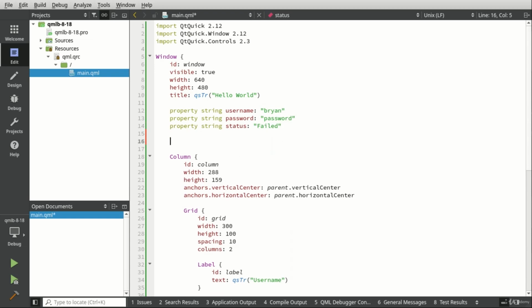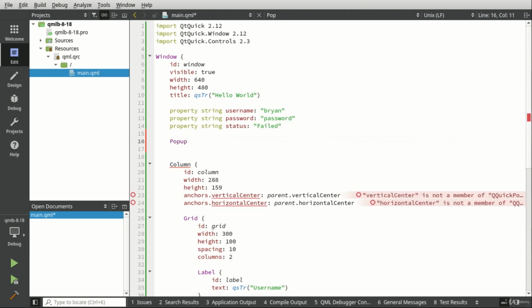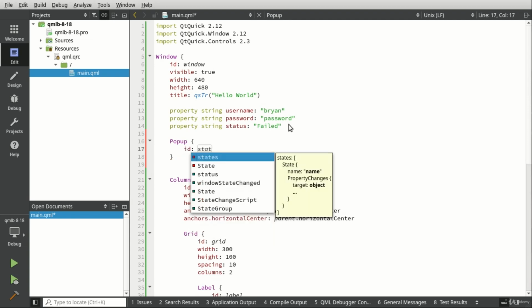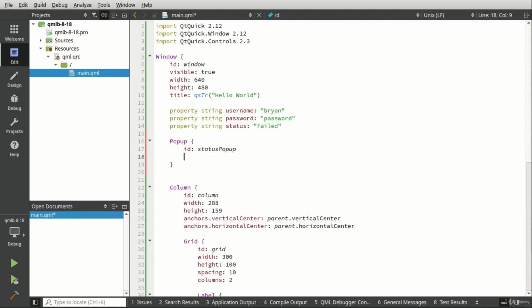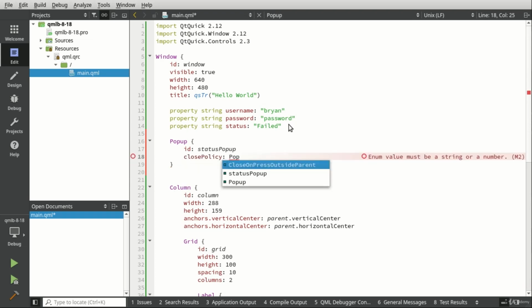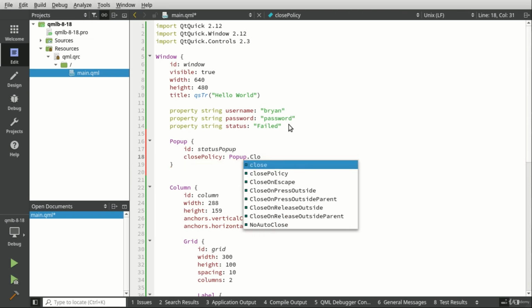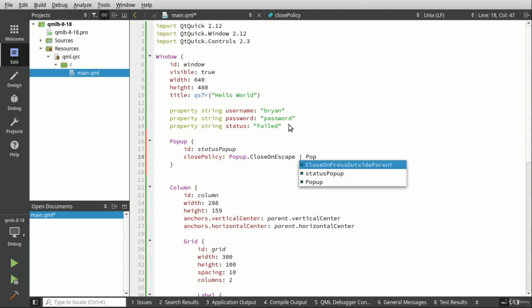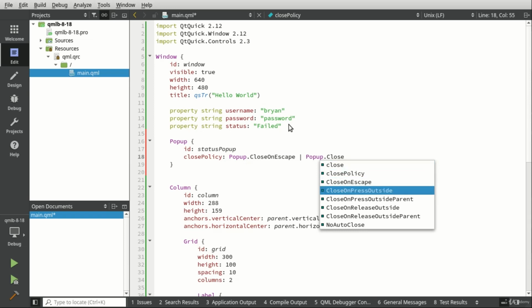Now we need to add a pop-up, not pop-in. I was thinking of a completely different language for a moment there. And we're going to say status pop-up, close policy. By now, I don't think anybody would be offended if I copy and pasted, but I'm not going to do it just yet. So close on escape, and I'm going to say pop-up close on press outside,